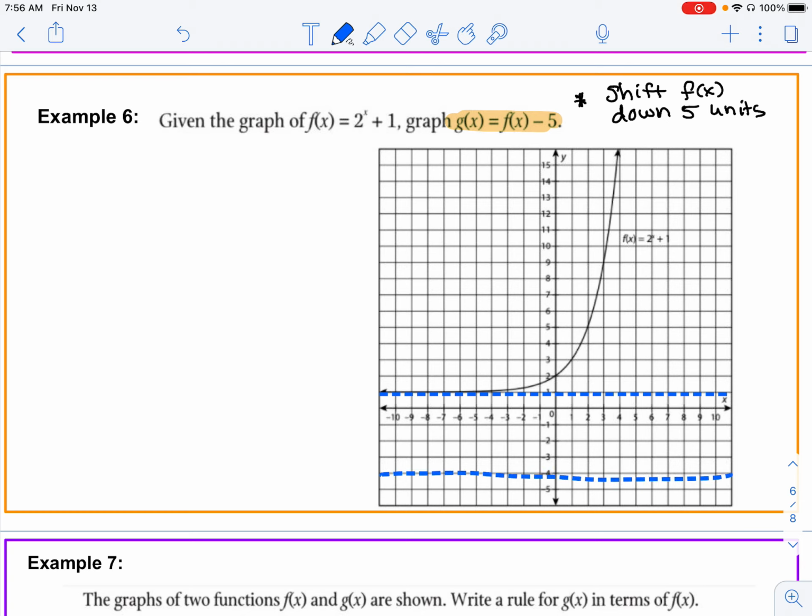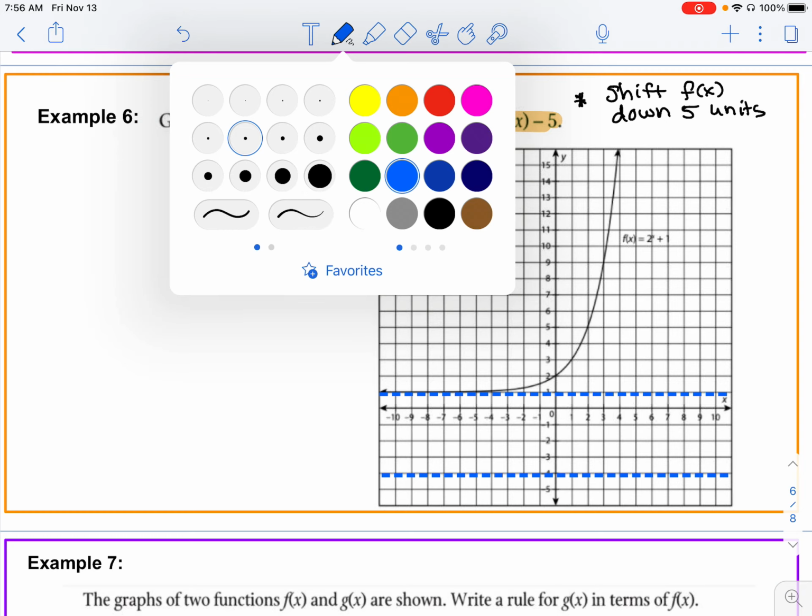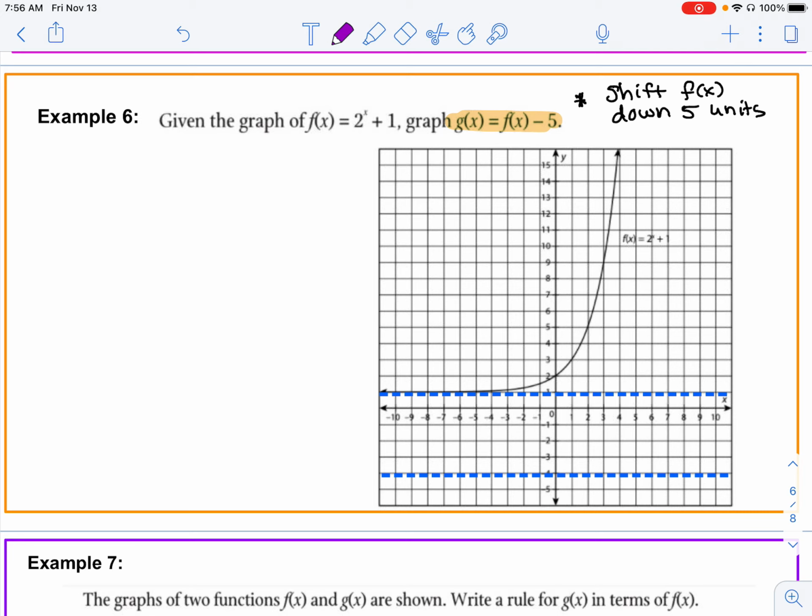That would move it down to y equals -4, because 1 minus 5 would be -4. Once I do that, I can go ahead and just pick a few points to shift down. So if I look at this y-intercept, I'm going to move that down 5 units, so it ends